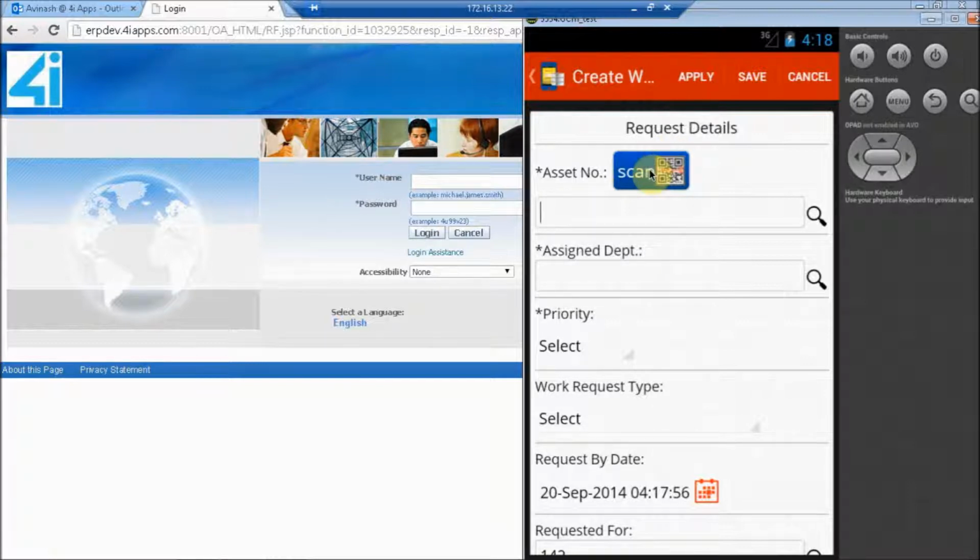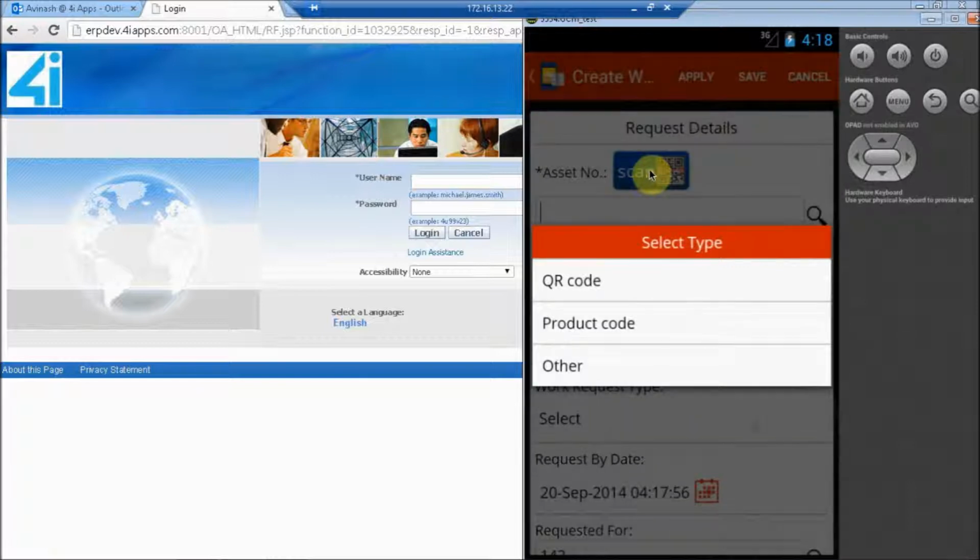Here we have different types of scanning methodologies. If the asset number is a QR code, you can use QR code. If it's a product code, you can use product code. Or if it's a Code 128 barcode, you can use this other option.